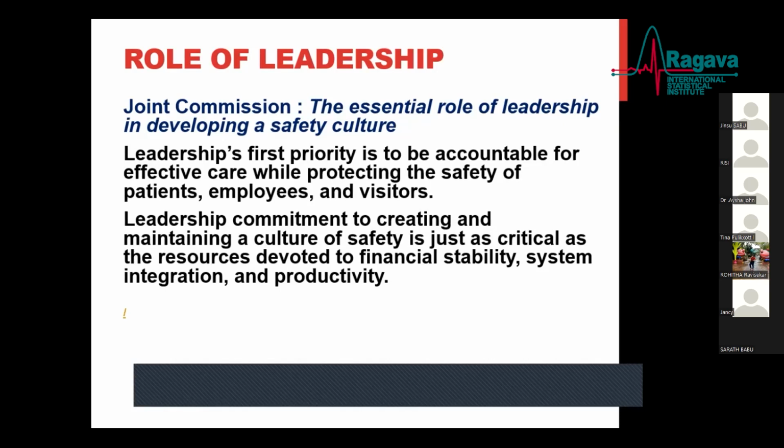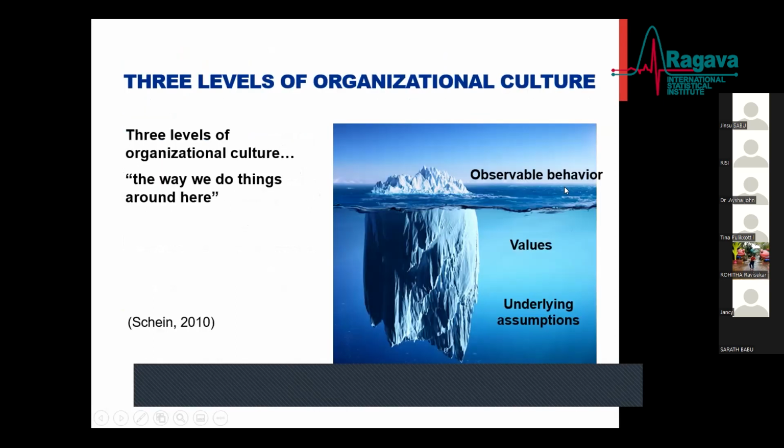In many hospitals, you will not see leaders so much focused on safety and culture. Because in any industry, for that matter, there is a lot of finance going on, especially to build a hospital and to invest in employees and equipment. So the mindset of today's leaders has mostly become about revenue. Mostly in the balanced scorecard, finance takes a major role. But what the Joint Commission is talking about is that the same importance you give to financial stability, system integration, and productivity has to also be given to the culture of safety.